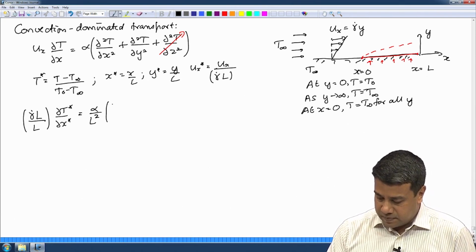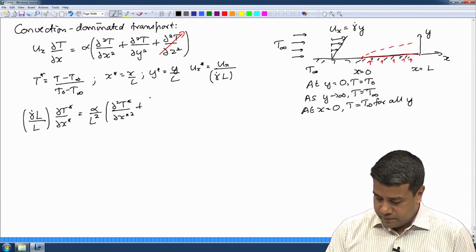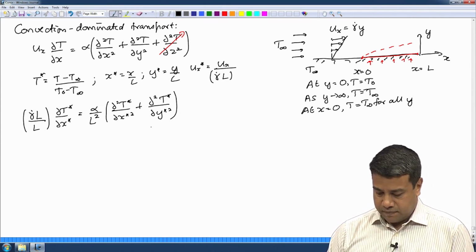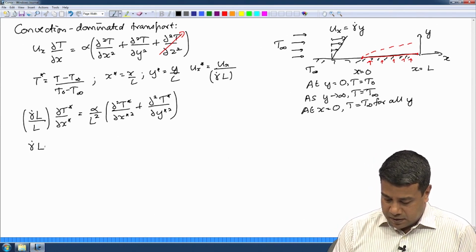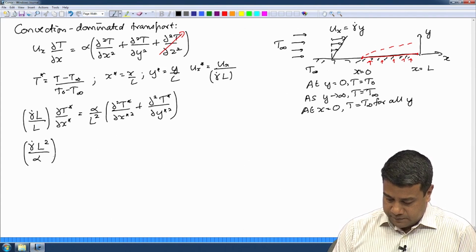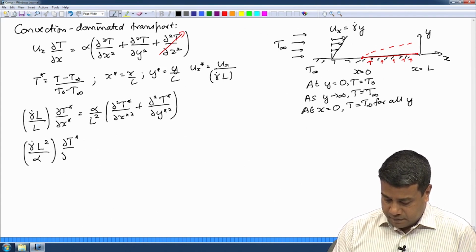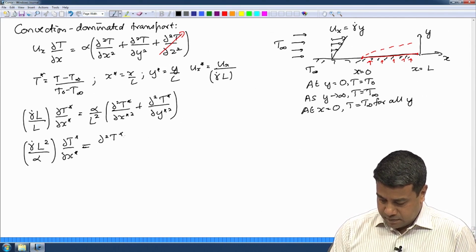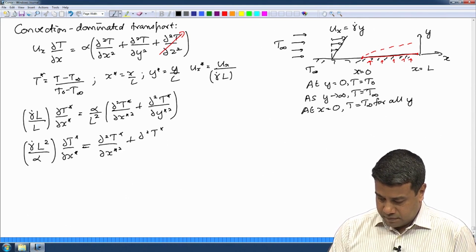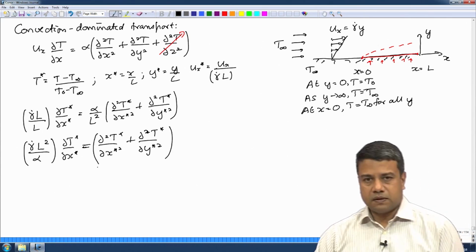Since I have two derivatives in the Laplacian, I will get partial square T star, and scaling I will get gamma dot L square by alpha. Okay, so, that is the equation,